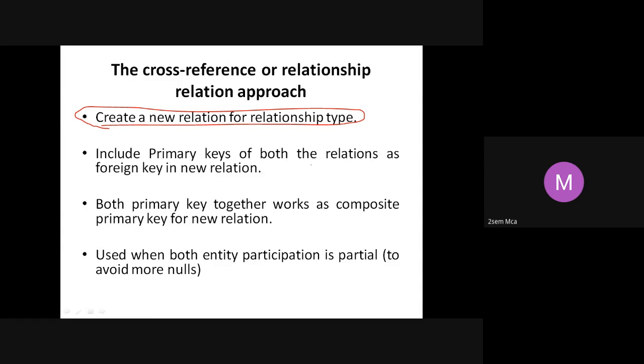How did we create that? We included the primary key of both the relations as foreign keys. What did it include? It included player ID and team ID. So the primary keys of both the relations we included as foreign keys in that relation. Both the primary keys work as a composite primary key.